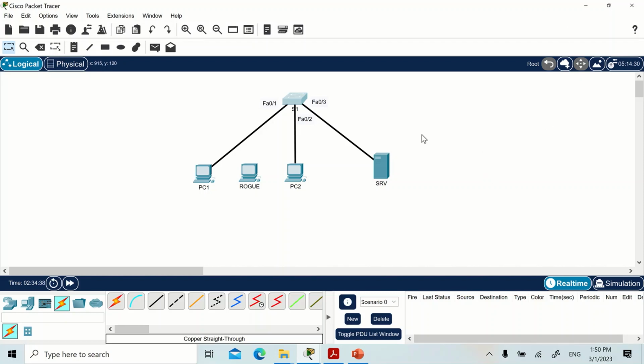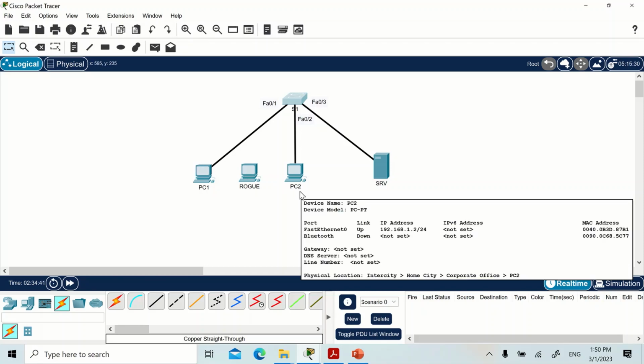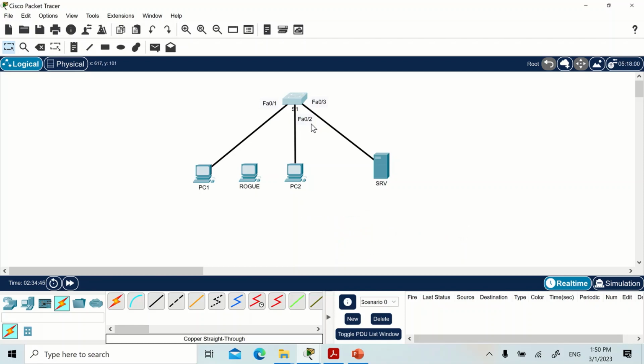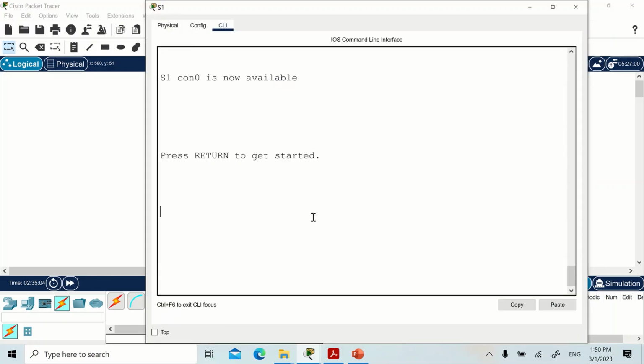Earlier on, for PC1 and PC2, I configured port FA0/1 and port FA0/2 to dynamically learn the MAC address using MAC address sticky, and for port FA0/3 I statically assigned the MAC address to be learned by the port. So if we look into the switch itself,